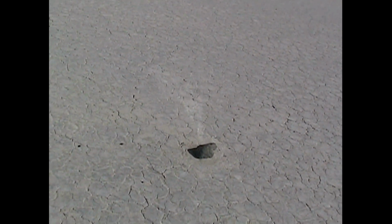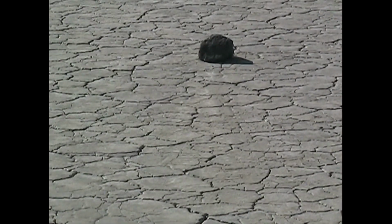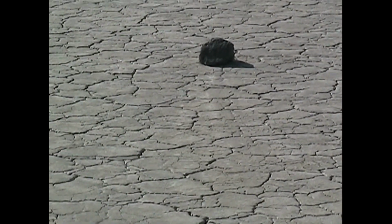There were all kinds of theories. Some of the original theories were that these rocks were moved by the magnetic flow of the earth, and it pushed them across the playa, leaving these trails. Then there was the theory that maybe somebody from outer space came and pushed them around. And then scientists studied them, and finally the theory was developed, which I buy, that they were moved by the